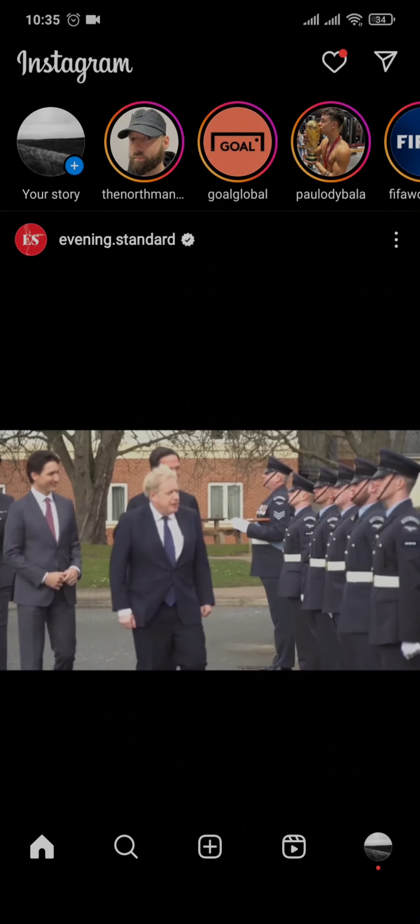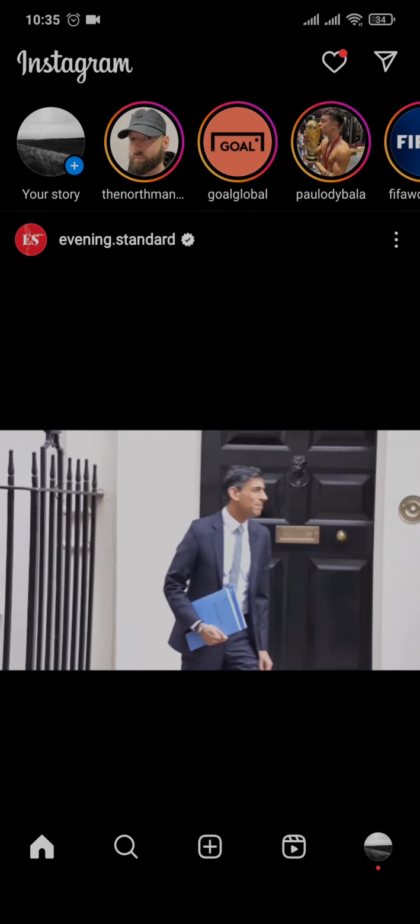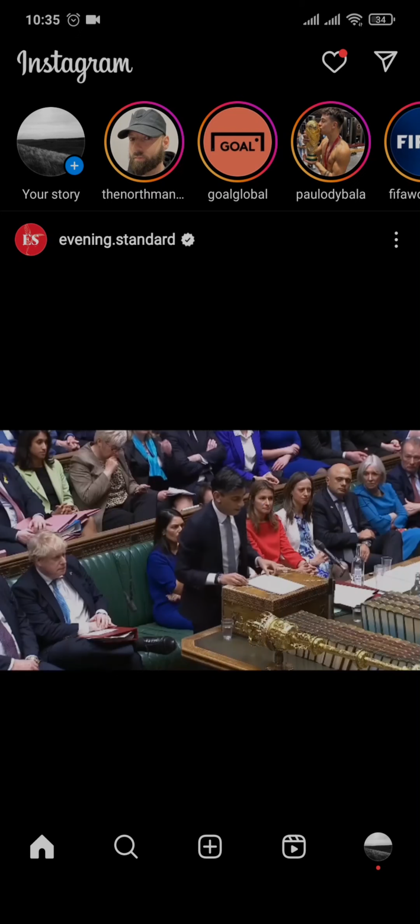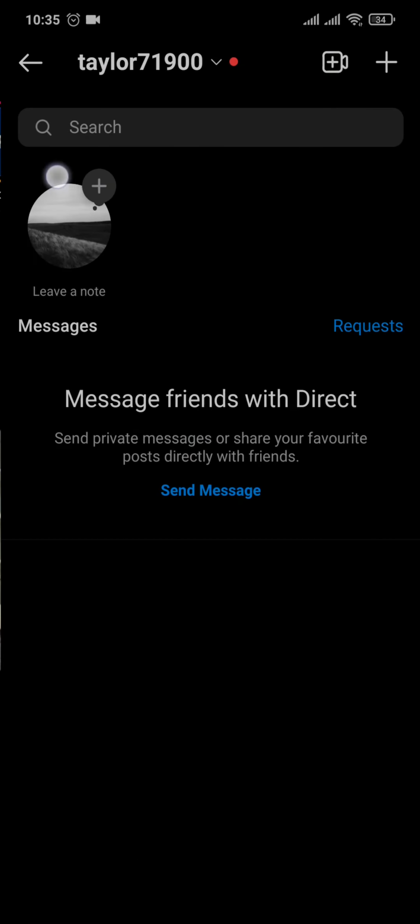After you do these two steps, if you still don't have the features of Notes, you can try to report a problem to Instagram. To do that, firstly take a screenshot of the Notes section. Tap on the message section on the top right and the notes option should have shown right here, but if yours doesn't, you can take a screenshot first